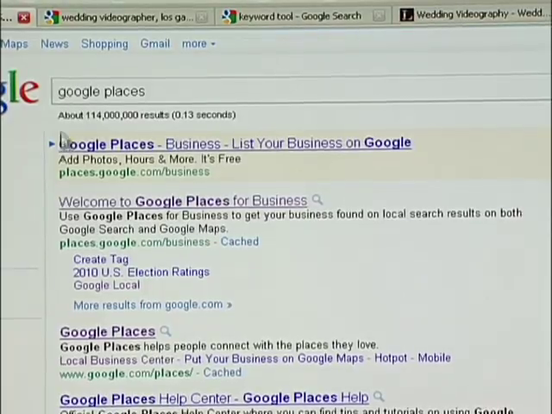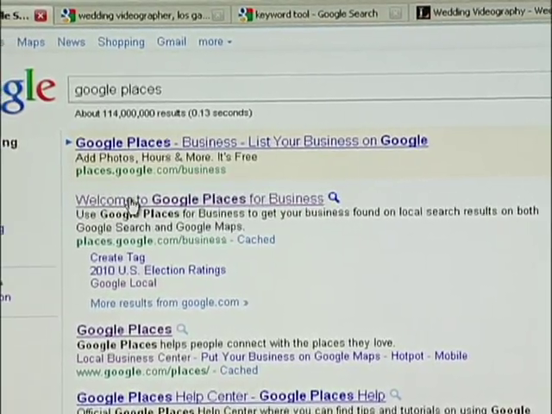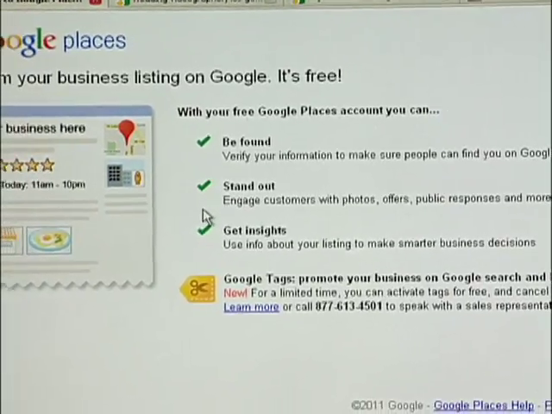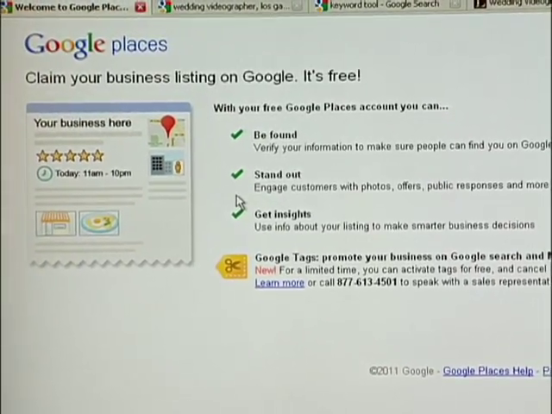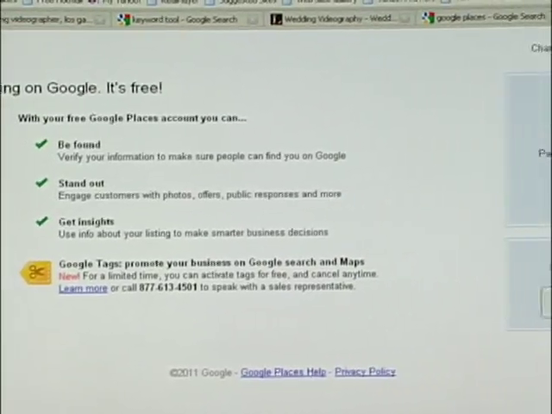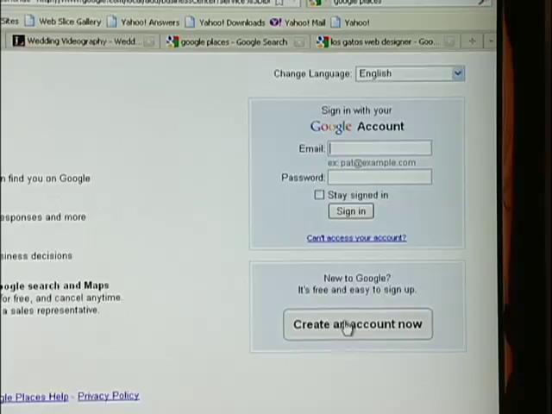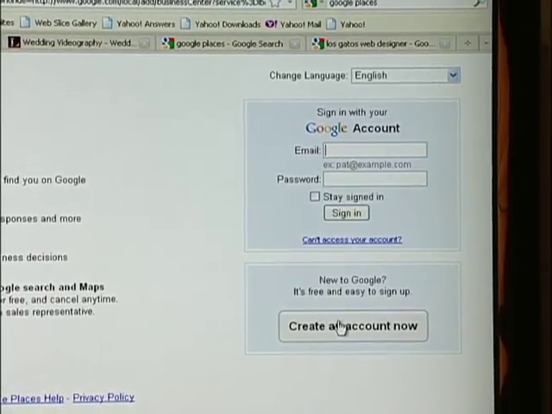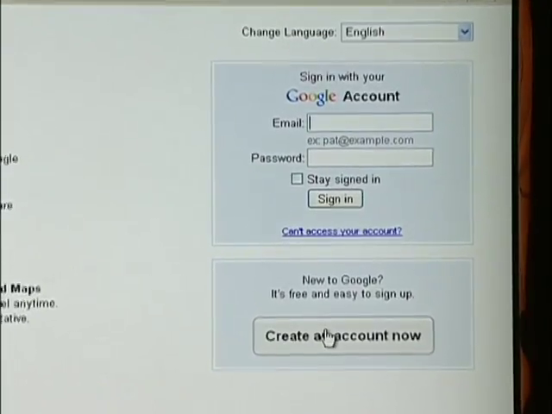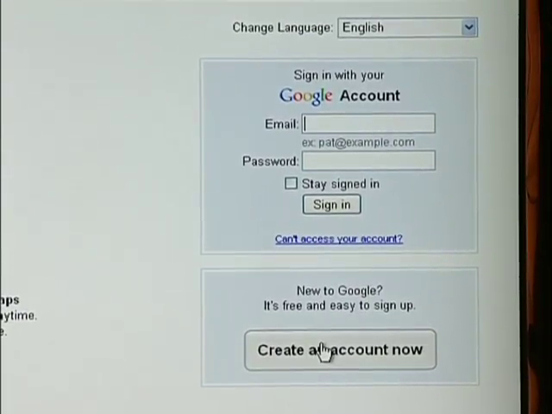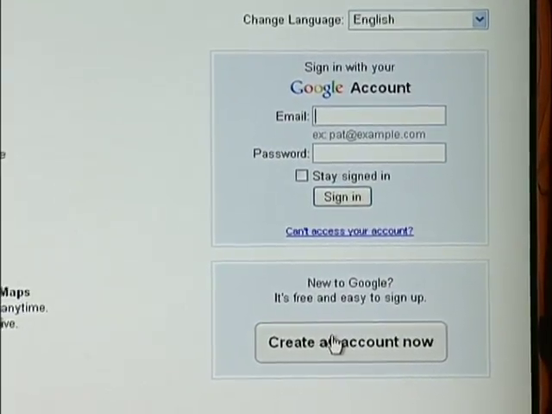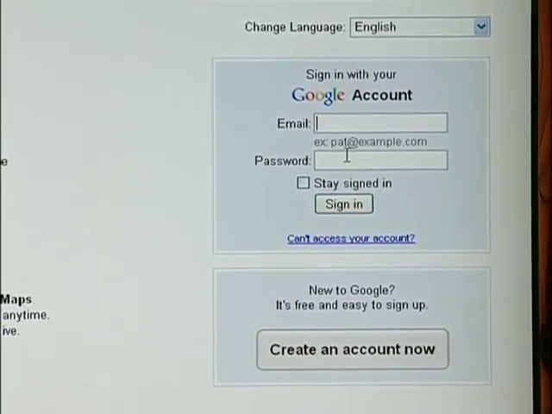Once you do a search, you can see that comes up here. Welcome to Google Places for Business. I'm going to click on that. Now you need to have a Google account, which is a Gmail email address. If you don't have one, please go towards the right here and click on Create an Account Now. This is just setting up an email account. Just like how you did in the past for Yahoo email account, AOL, or Hotmail. It's very simple, no credit cards or anything like that. It gives you a free Gmail account. If you already have a Gmail account, please go up here and log into your Gmail account to get your